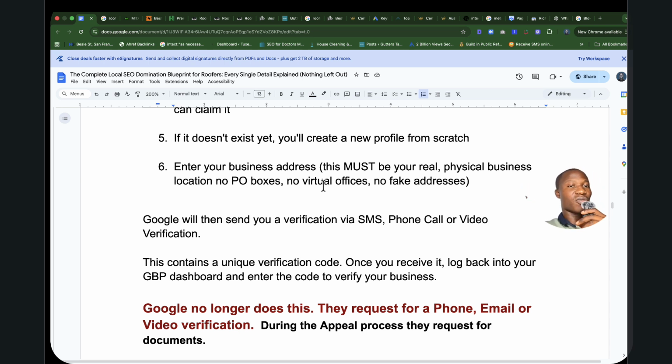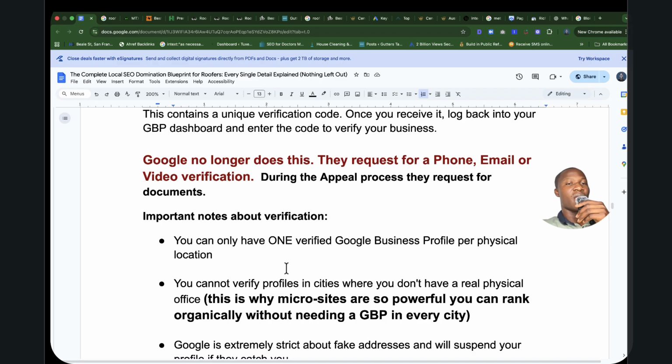One thing to understand is Google is suspending accounts for suspicious activity, because a lot of people are trying to game the system. People who do not own an actual business, they are just lead agencies, are creating Google Business Profiles to game the system, rank high, and generate leads for their clients. So Google earlier usually requested a postcard to your address, but they no longer do that. They send you an SMS, phone call, or video verification, irrespective of exactly what service you are creating it for and in what city.